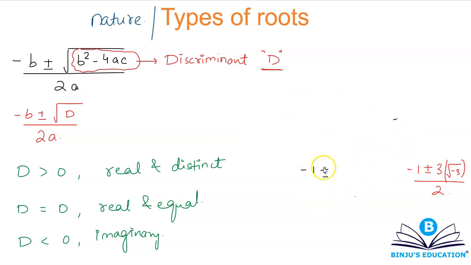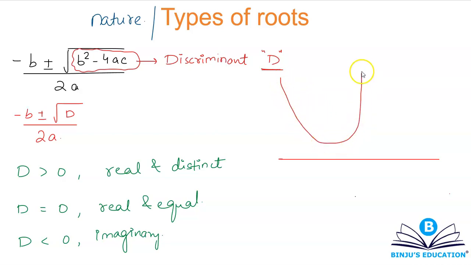Like, how do you graphically represent this? Now whenever you're going to have an imaginary root, that means your parabola, since you are talking specifically about the quadratic equation, will never intersect the x-axis. It's going to be something like this, or something like this. It will not intersect the x-axis. If it is not intersecting the x-axis, it's not going to have any specific value of x for which y will be equal to 0.